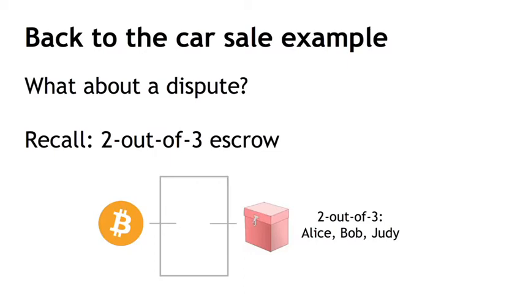So that seems like a pretty good technical solution that we can use to build some sort of dispute resolution mechanism on top of it. But you might notice that this seems to lose atomicity. This is a 2 out of 3 escrow only for the payment, but as we saw earlier, what we ideally wanted was to couple the payment with the transfer of car ownership itself. That also can be accomplished, but it really starts to get a little bit unwieldy at that point.